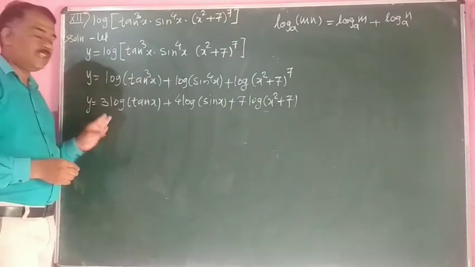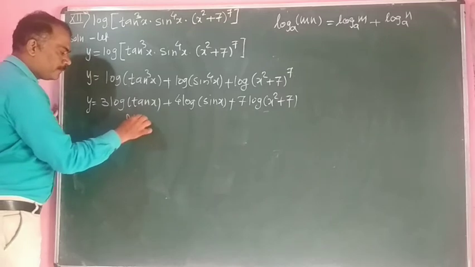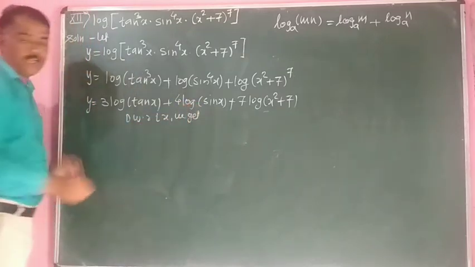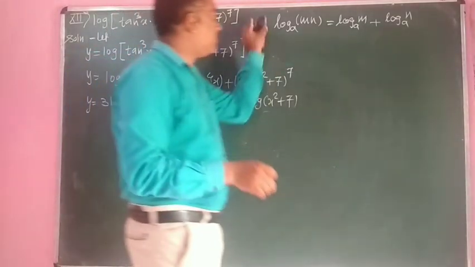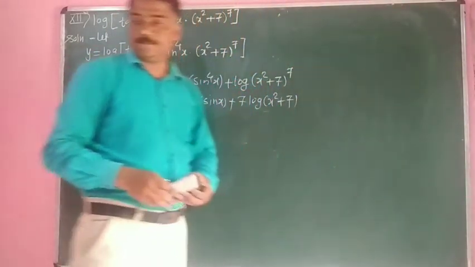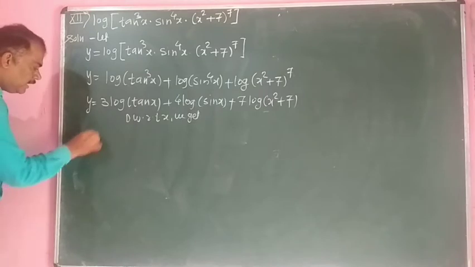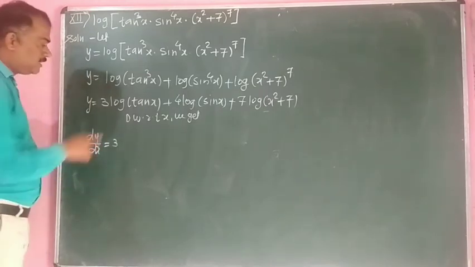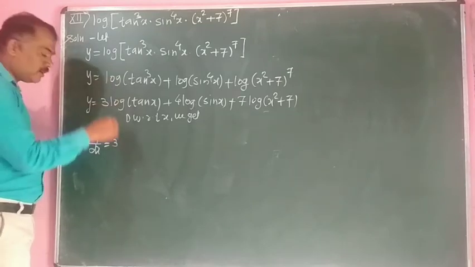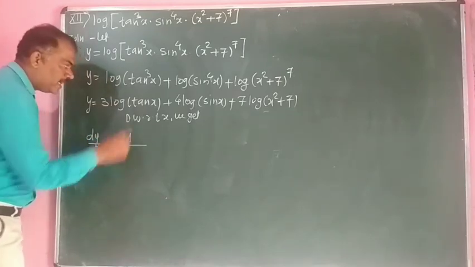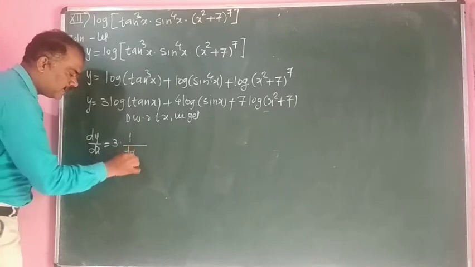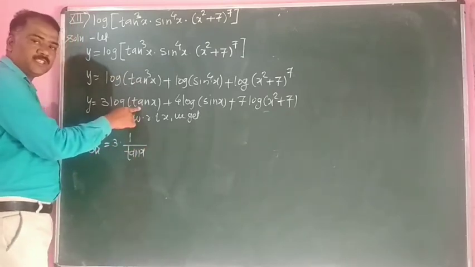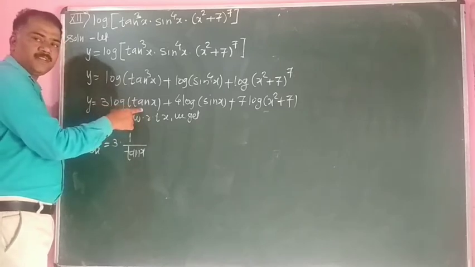Now we have to differentiate with respect to x. If you differentiate with respect to x, what do you get? See here, dy by dx is equal to, 3 is a constant, keep as it is. First we have to keep the finger on the log, that is the derivative of log is 1 upon x. Instead of x here tan x is there. Again by using the derivative of a composite function, this is the composite function, the function of another function.